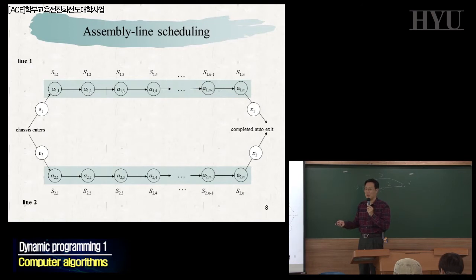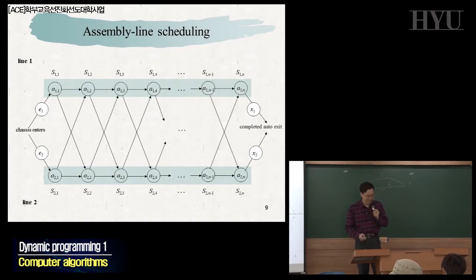Yes, it's simple. We add all the times in the first assembly line and all the times in the second assembly line, and then we compare and take the smaller one. Okay? That is the question you already answered. Then